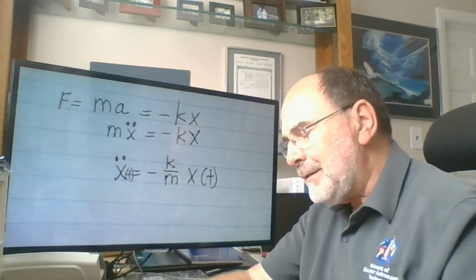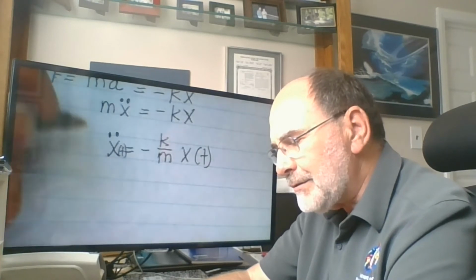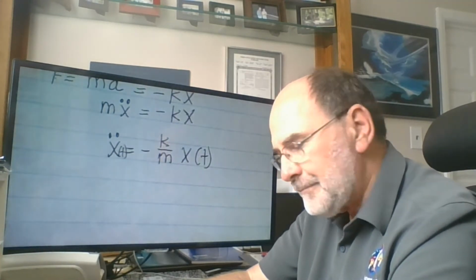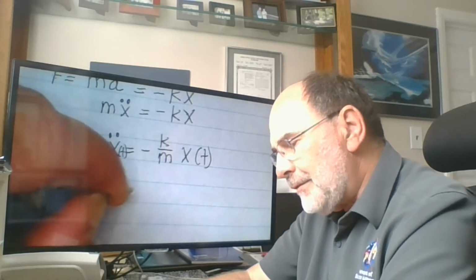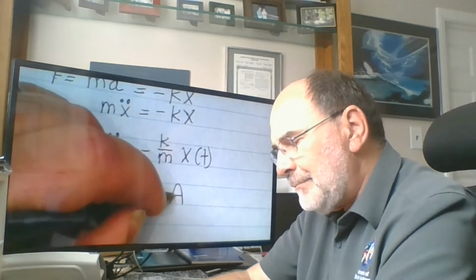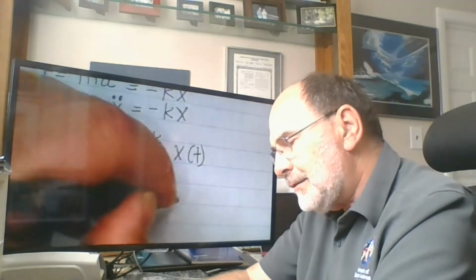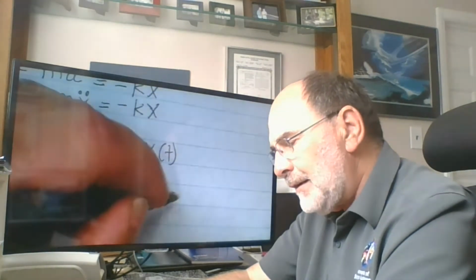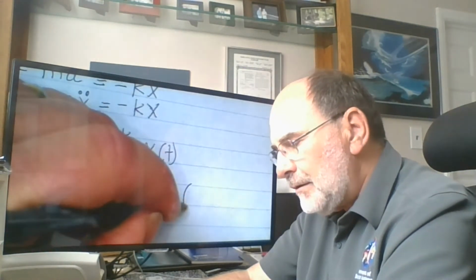And if in your Calc AB, you probably recognize what the solution is. The solution is the cosine function. So if I represent position as a function of time by some amplitude times the cosine of an angle,